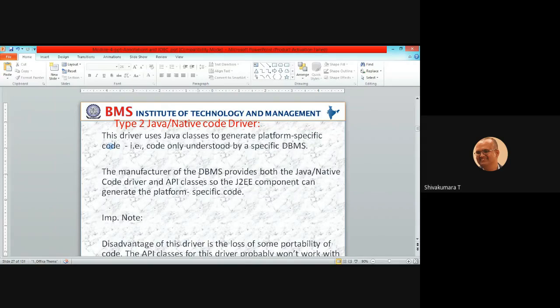The manufacturer of the DBMS provides both the Java or native code driver and the API classes so the J2EE component can generate the platform specific code. So here not only should the effort come from Java, the effort should also come from the DBMS part. Those who are providing the databases, the database vendors, need to build drivers which will support Java in converting to the platform specific code.